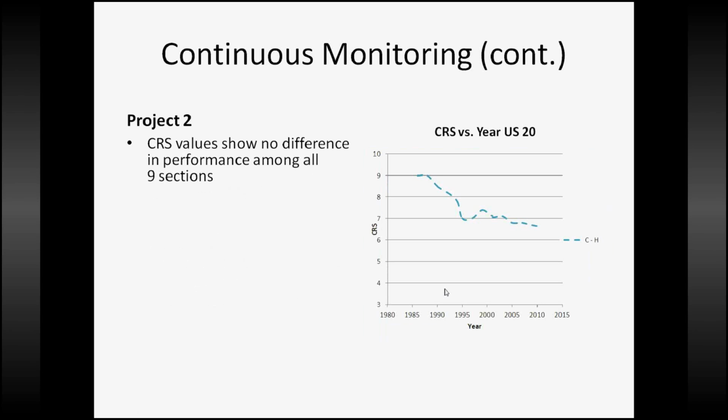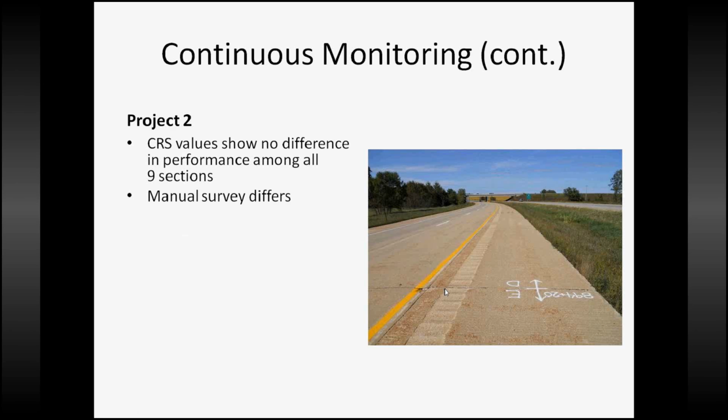For Project 2, we see that the CRS values show no difference in performance among all 9 sections, and this really highlights the shortfalls of CRS. We see that it's not very detailed, and it fails to present the real picture of what was going on in the field. So thankfully we did some manual surveys, and we noticed that the 15-foot section showed very few